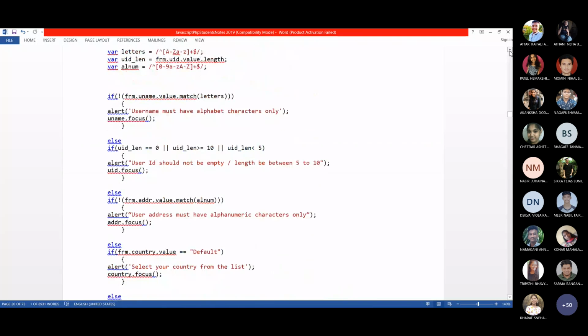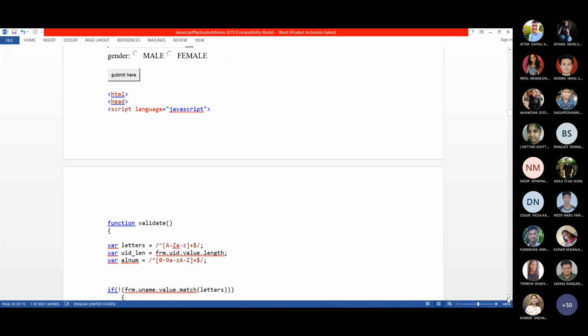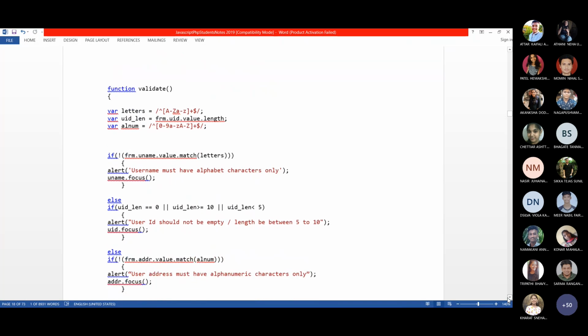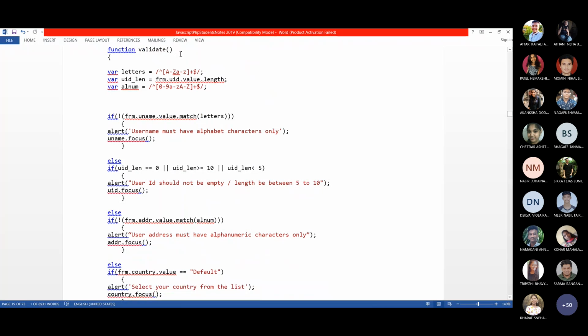Okay, so that executable function call statement, you have to write within the body tag only. The definition you can write within the head tag, or you can write within the body tag. So this is a function which I kept for my user defined function. I am going to define what is the content of this function. Okay, so this is a user defined function.